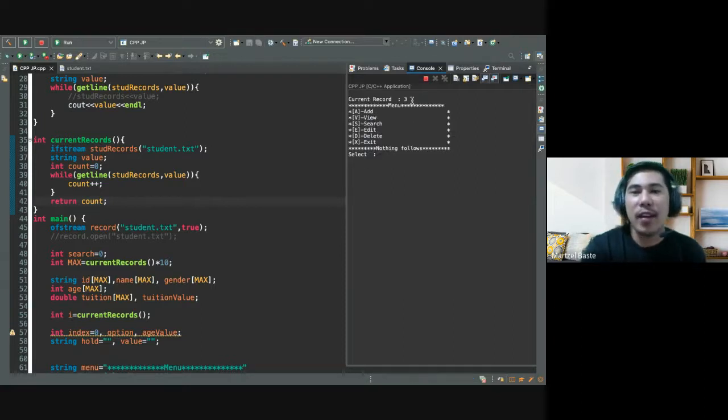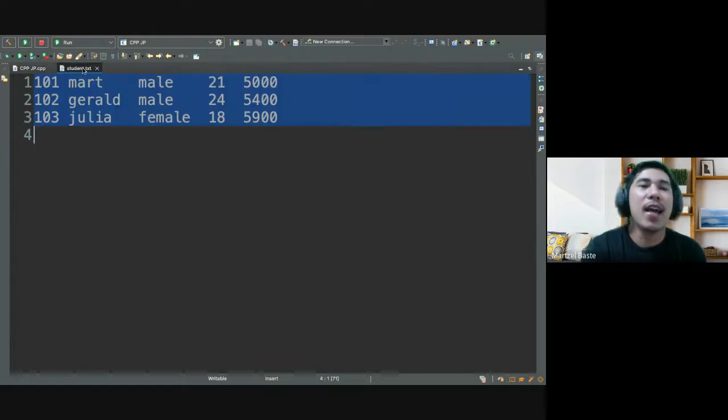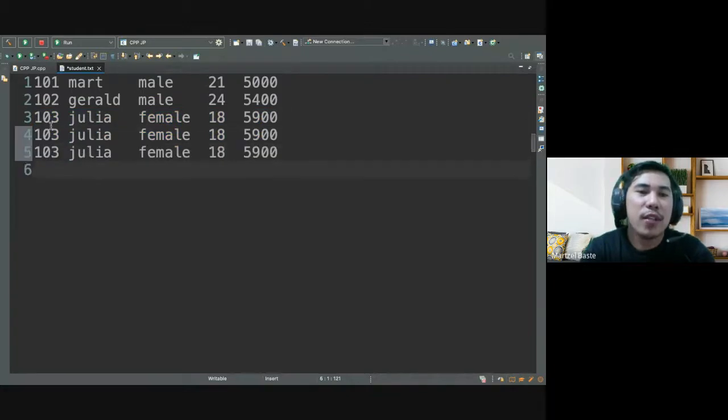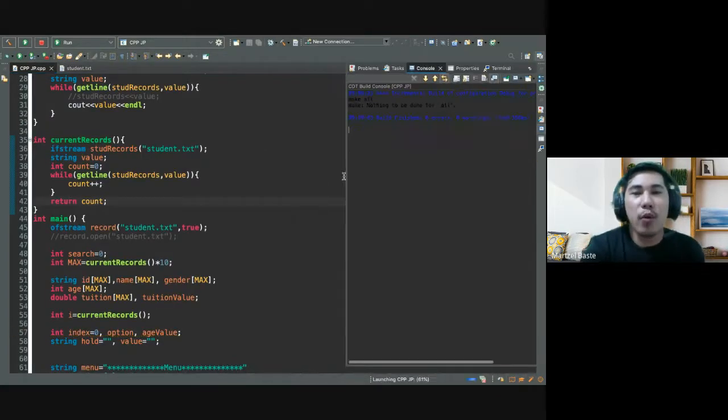Okay, so there, it read 3, meaning it read that there are 3 lines of code, 3 records, in our text file. So, if ever I add more records, let's say I have here 4, and here another 5. So the next time I run my program, my current record now will be,